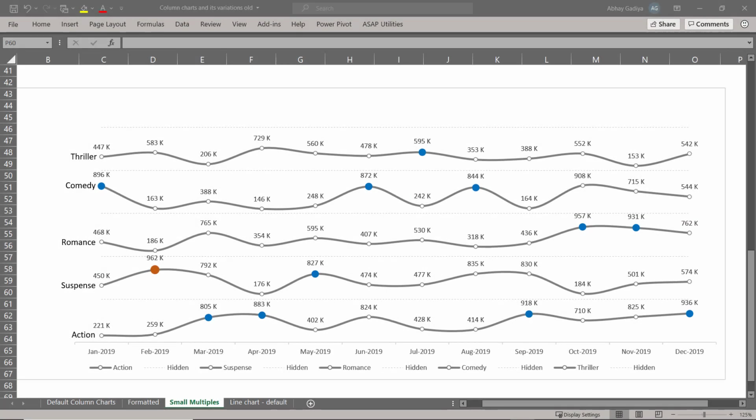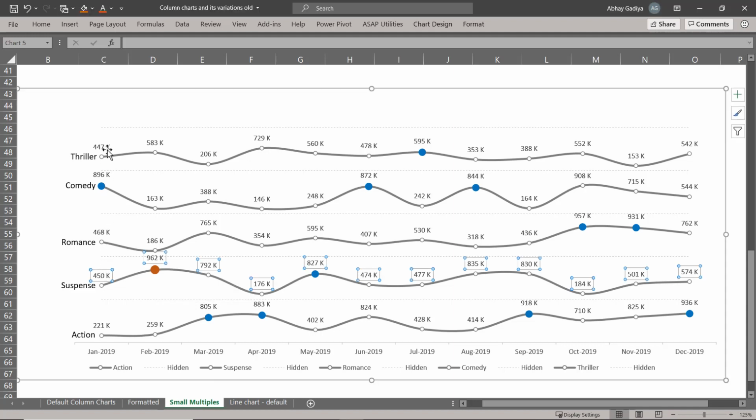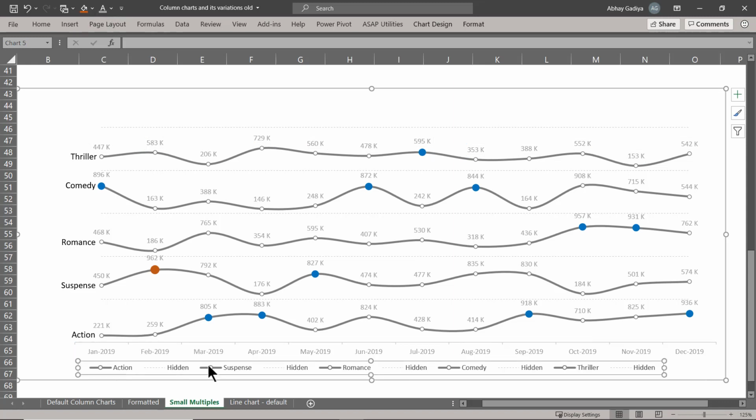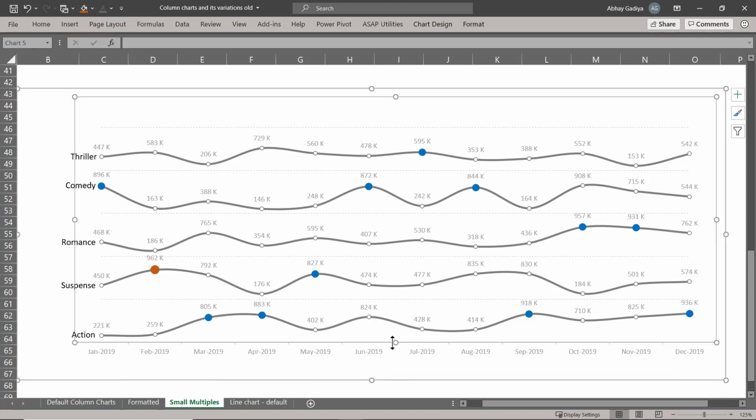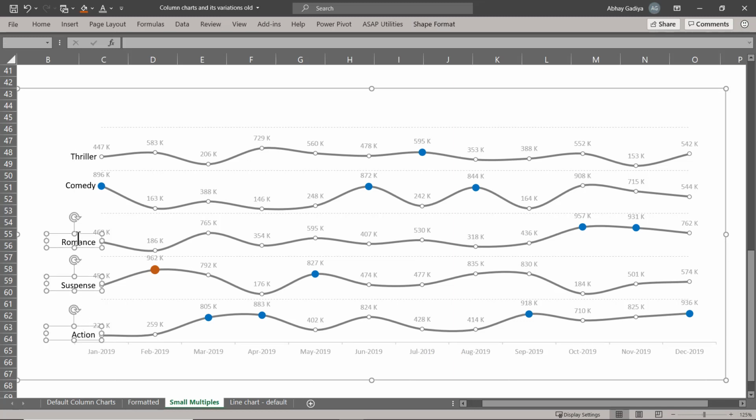So now here you can see that all the data labels with the highest sales in a particular month have been highlighted in blue color. Highest sales across all the months has been highlighted already in orange color. Now let me change the font color for the data labels to gray color. I don't want this legend, so I will simply select and delete it. So let me select all the data labels, and we'll change the colors for this as well to gray color. And this looks fine.